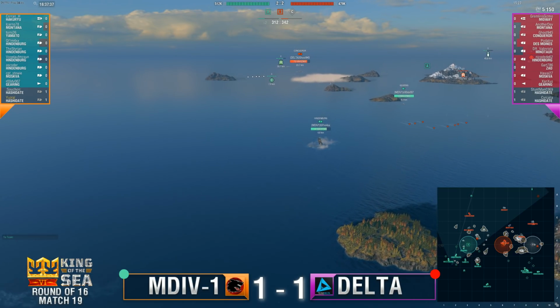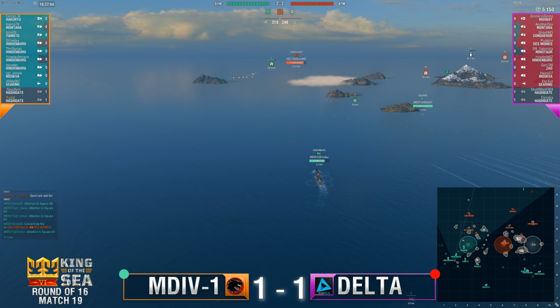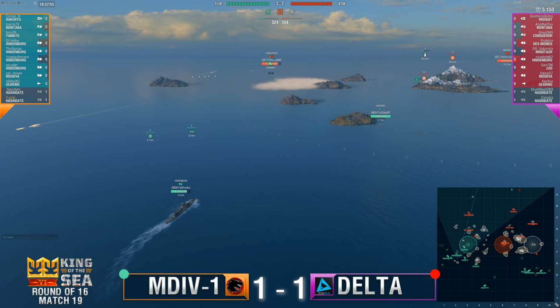I think I see what they're doing. They're focusing fire on this Hindenburg at the front because he's much further forward and he's the one that's posing the biggest risk to the A flank. So they want to get rid of him quick. Except, of course, that A flank can't see him, already fallen, so...